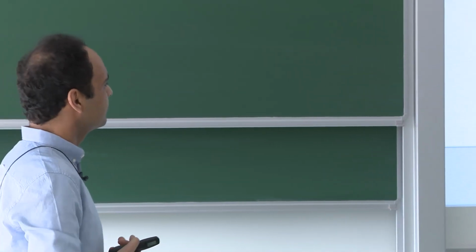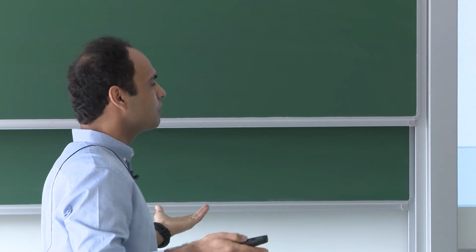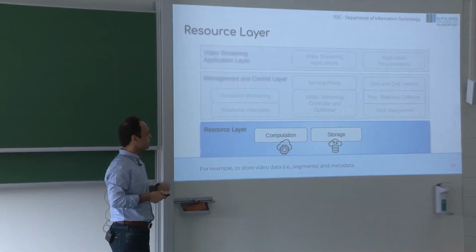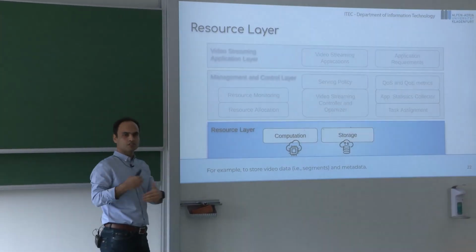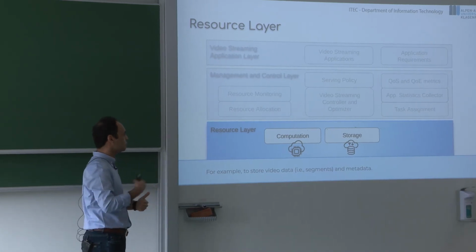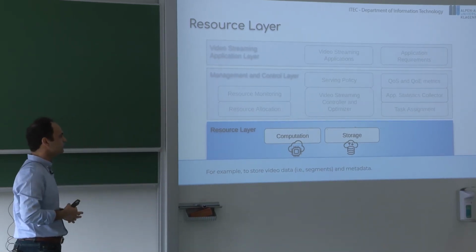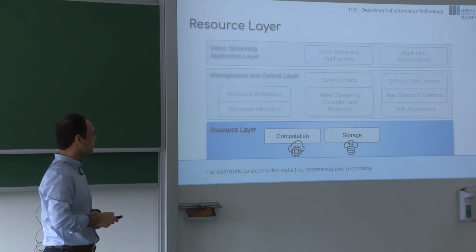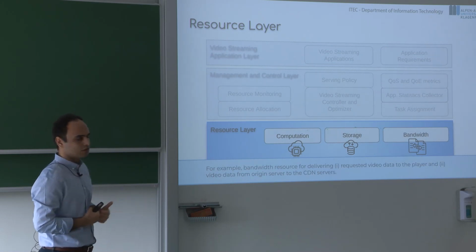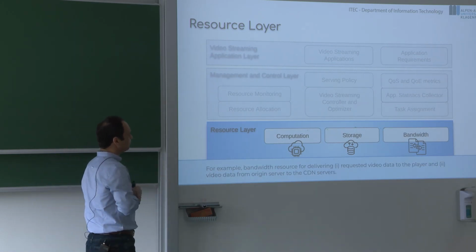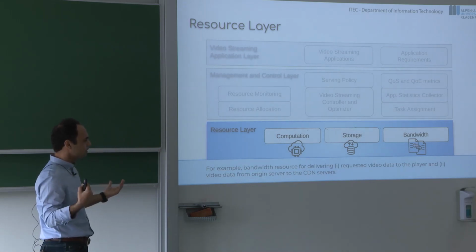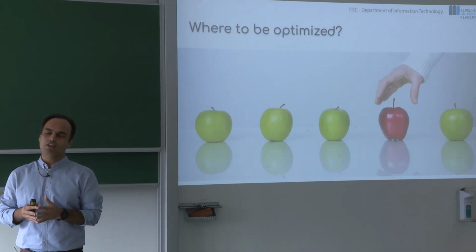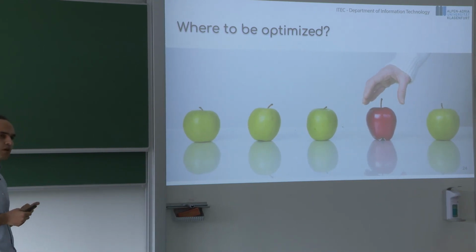The last layer here, resource layer. We have our resources that we need for video streaming. Computation, storage, computation for launching some processes and programs, for example, encoding, transcoding, different things. Storage that we need to store some segments at the network edge to serve clients, and bandwidth that we need to send segments to the user or receive some requests from them. Okay, by having this structure, we need to answer this question, where to be optimized regarding